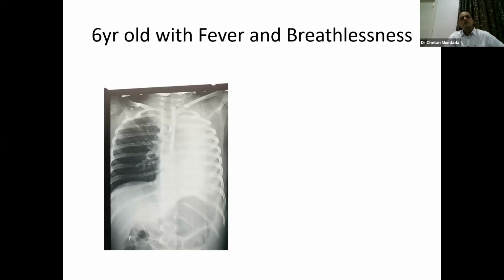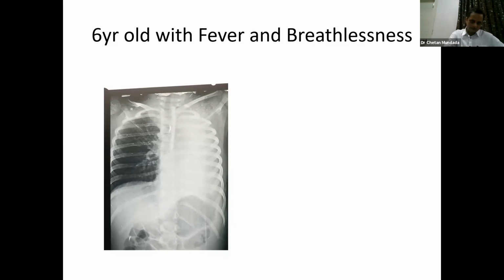So this is a 6-year-old child with fever since 2 days, and the referring hospital has referred this child in view of increased respiratory distress and reduced air entry on the left side. They had taken an X-ray in the emergency, and they thought this is a whole whiteout of the lung, so it looks like some sort of pneumonia or empyema. And the child was sent to the tertiary care hospital.